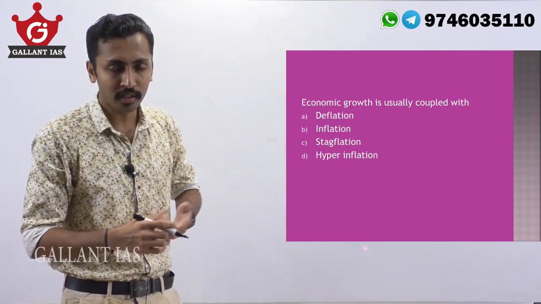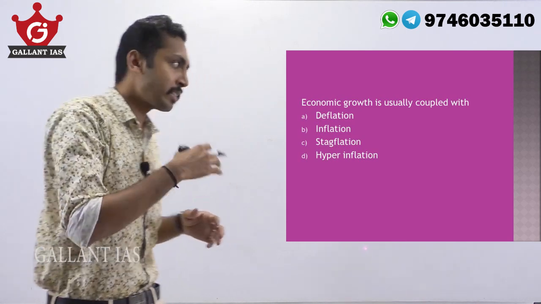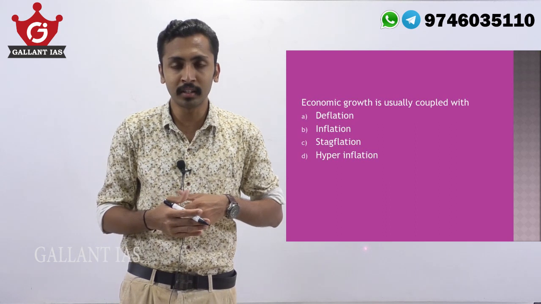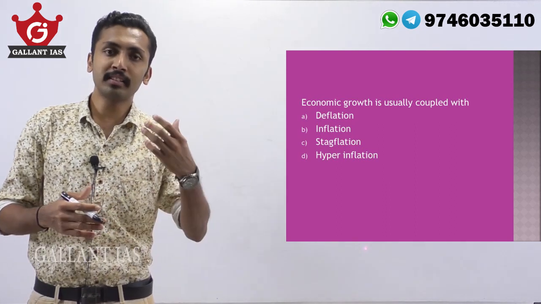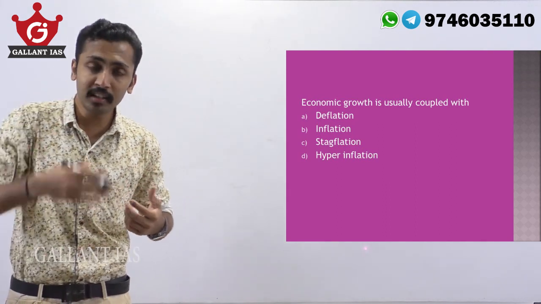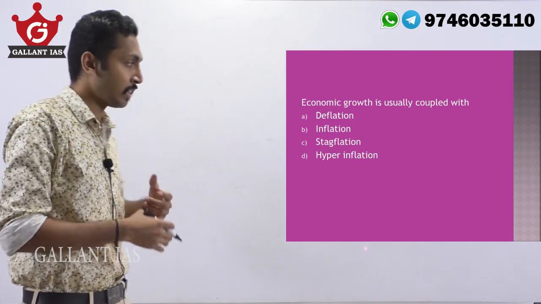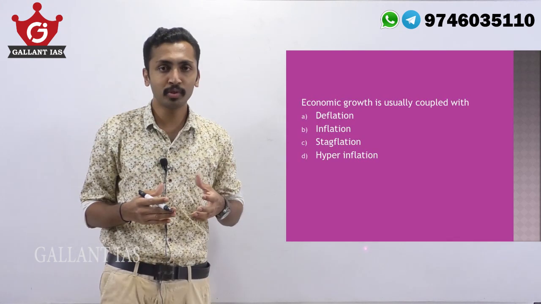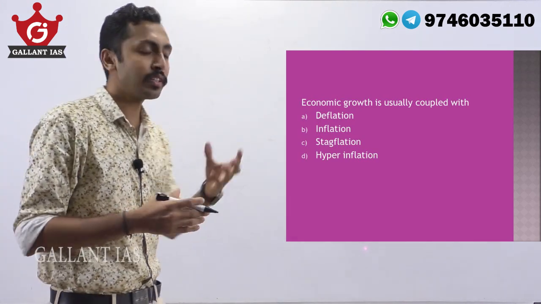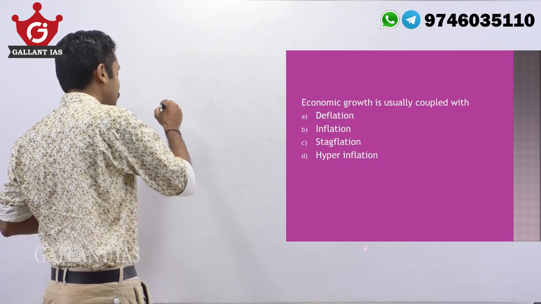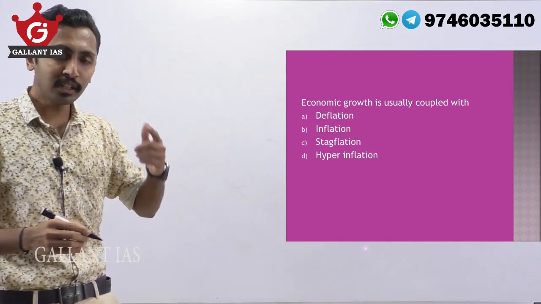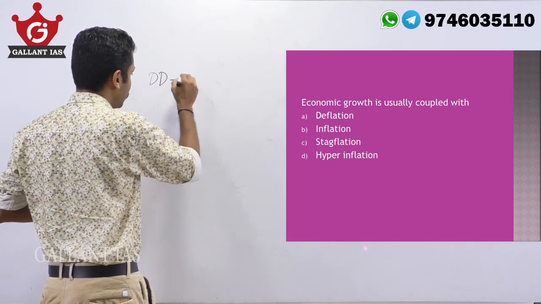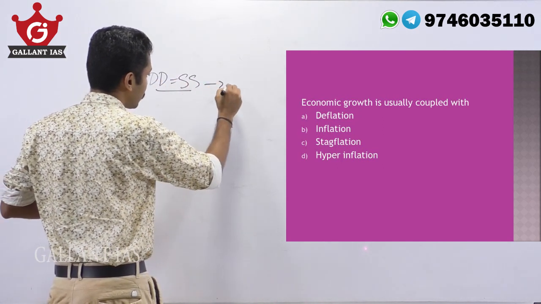That is inflation. What is deflation? Exact opposite of inflation. When price level increases, that is inflation. When general price level decreases, that is deflation. Why does inflation happen? When there is excessive demand over supply, that is why inflation happens. If demand equals supply, there will be no inflation.